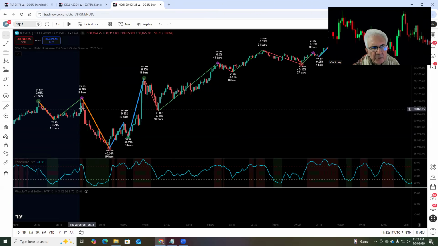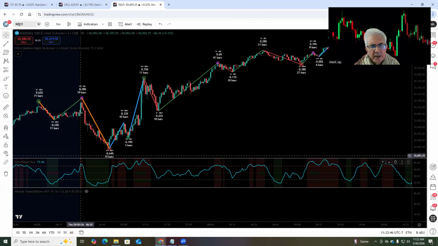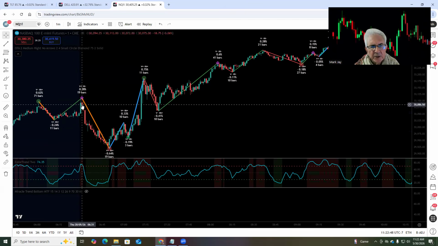And how many of you would have known that this would have been a short? There's no way of knowing. We really require order flow to help us identify trend, as opposed to support resistance, order blocks, fair value gaps, inverse fair value gaps. No. You can just use the order flow indicator. It's so powerful, and when you couple it with our oscillator, it gives you a really accurate understanding of the slope,